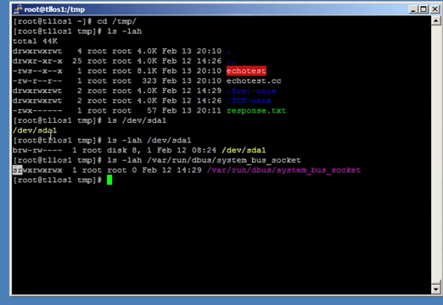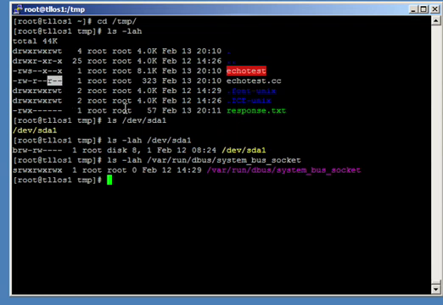So this basically tells you what type of file it is. If it's just a simple file, it will just have this, the dash. Now the next three are the permissions for the user or the owner, which in this case is root, right here. Then after that, the next three are the permissions for the group, which is root, the group that owns this file, echotest.cc. And finally, the last three are for everybody else, so every other user, the type of permissions